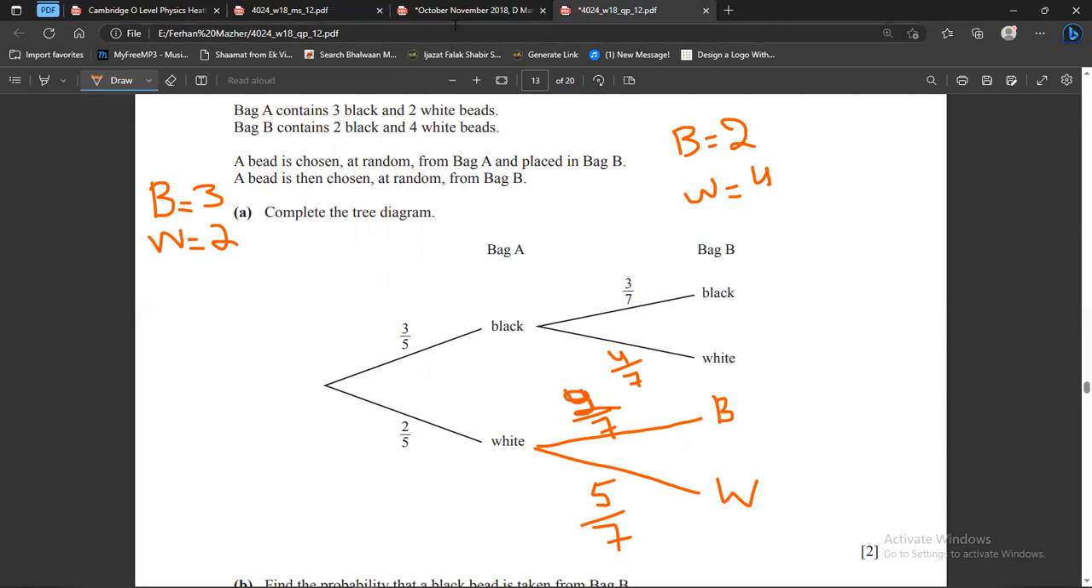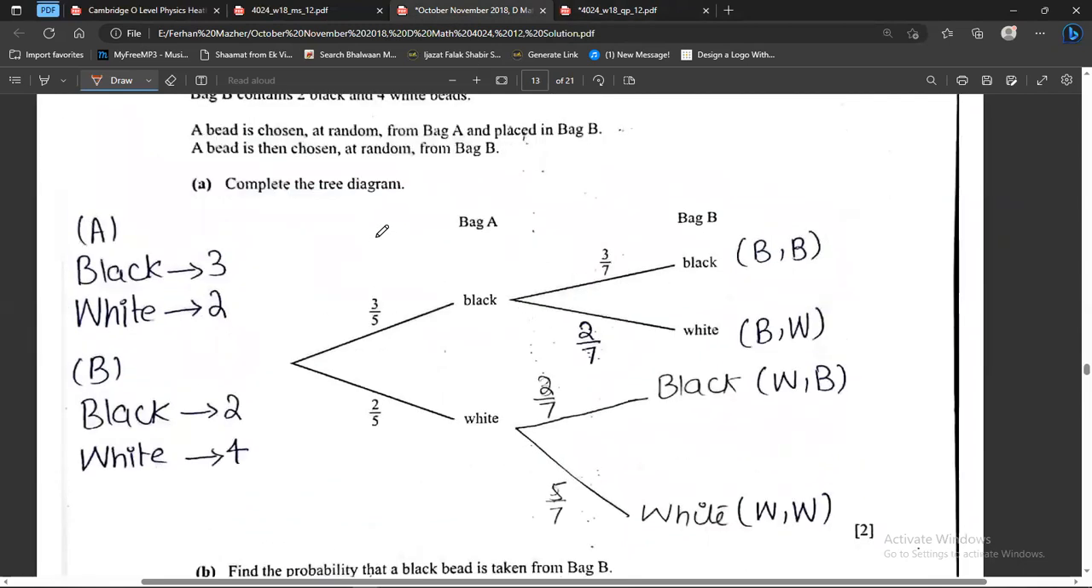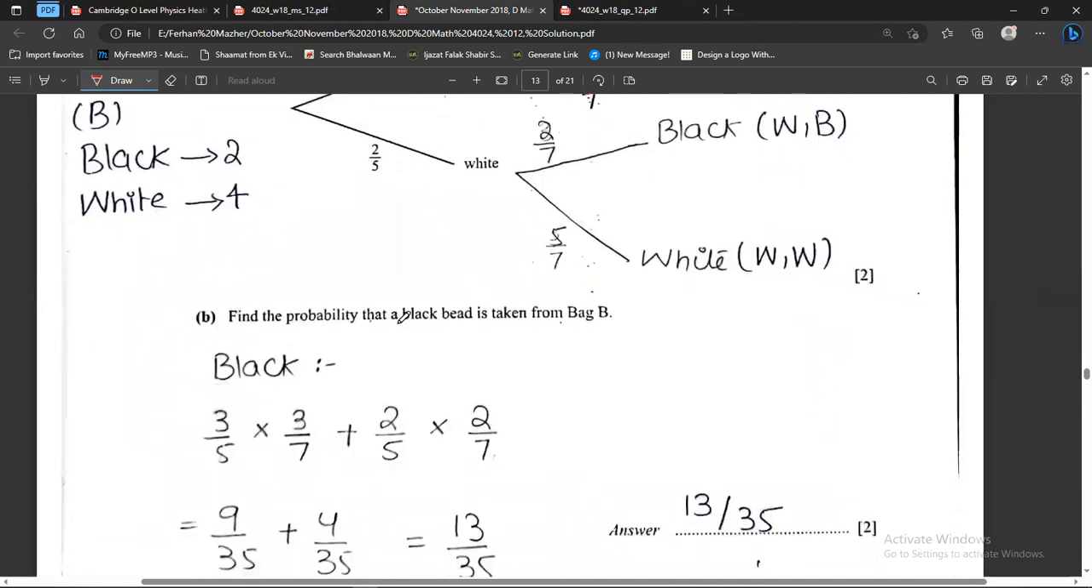Let me see, 2 by 7, 5 by 7, and 4 by 7. Why did I say 4 by 7? It is 4 by 7. Okay. So then we have to find the probability that a black bead is taken from the bag